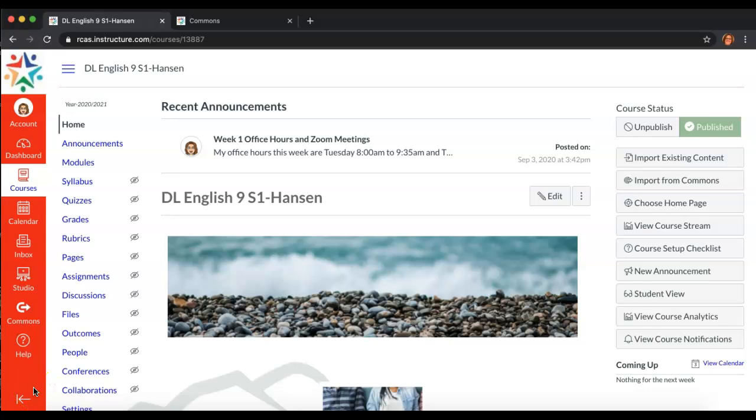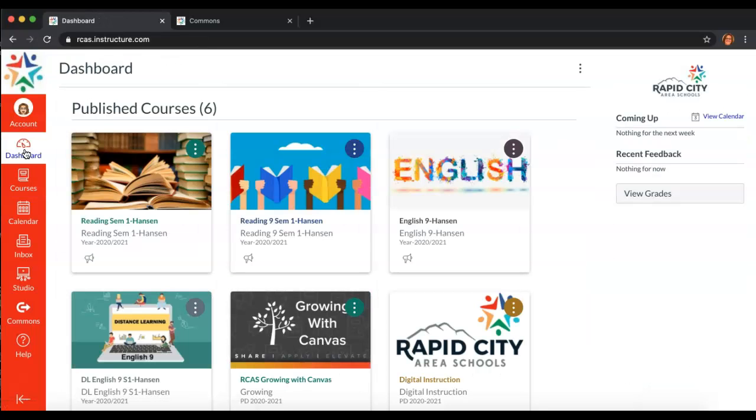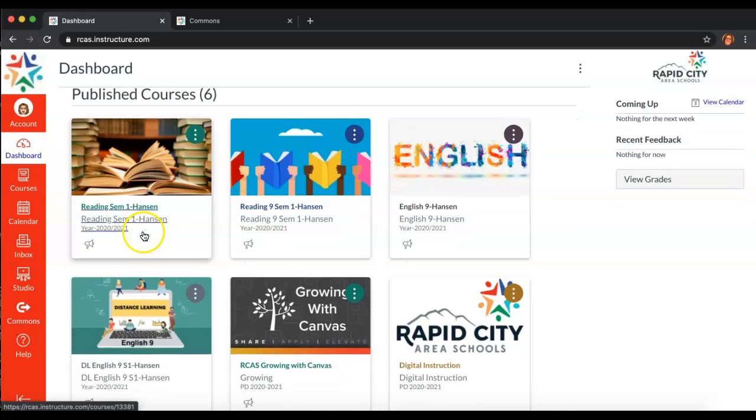Okay, so I'm not sure how much you know about Canvas and how much you don't, so I'm just gonna pretend like you don't know anything. So we'll start with the dashboard. When you go to rcas.instructure.com, it'll take you to your dashboard,